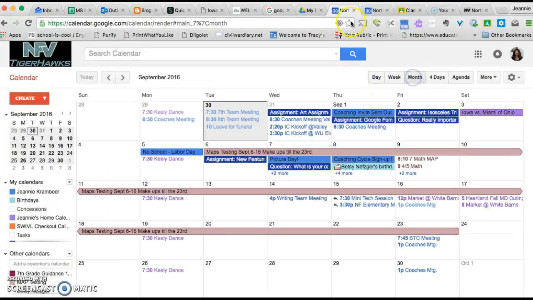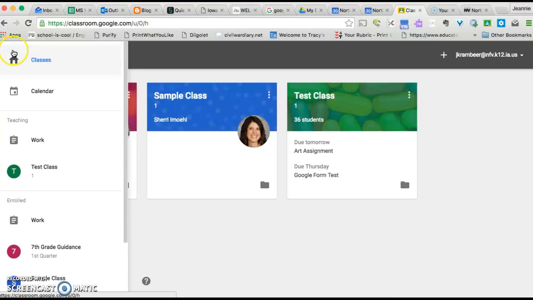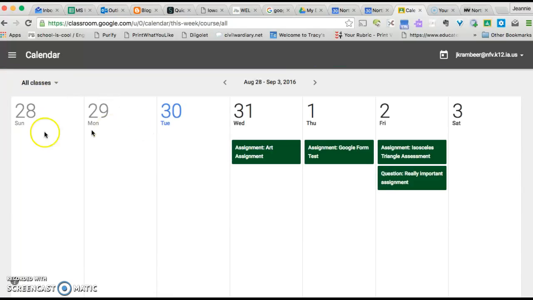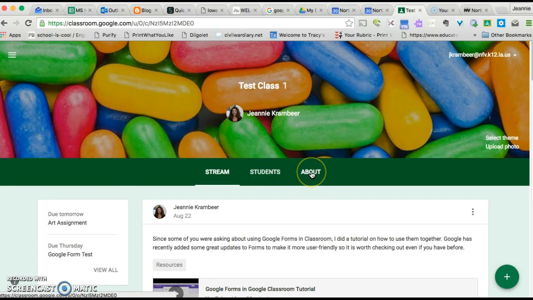So I'm going to go back to the month view, and I'm going to show you another way quickly of getting into your Google Calendar. Since we're using Google Classroom this year, there are a couple of ways that you can enter your Google Calendar from Classroom. You can click on the little 3-line insignia at the top and click on Calendar. However, that's only going to show you 1 week at a time. And that's fine if you're just looking for a Google Classroom assignment, but we would prefer that you actually go back, click on a class, go to the About page,